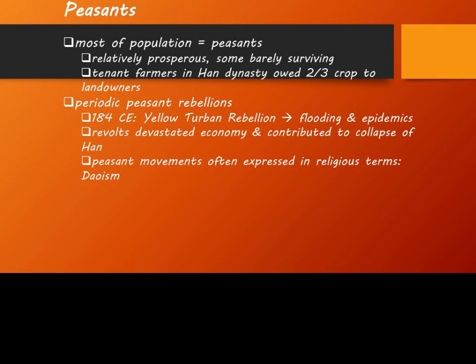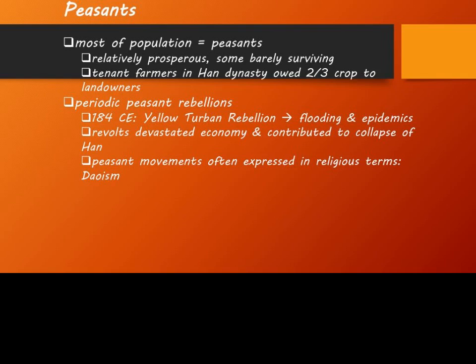Rents, taxes, military service, even forced labor to the government, combined with natural disasters like floods and crop failures, put heavy burdens on the backs of those Chinese peasants. And in hard times, those in poverty succumbed to famine, yet others fled to become beggars or even bandits. And so thus come these periodic peasant rebellions. And the one we're going to talk about here is the Yellow Turban Rebellion. That's the one that was on the map there, up in the northern Han Empire.